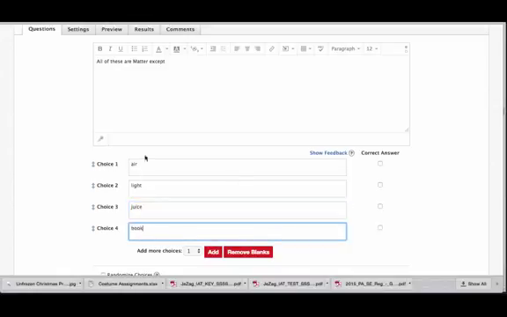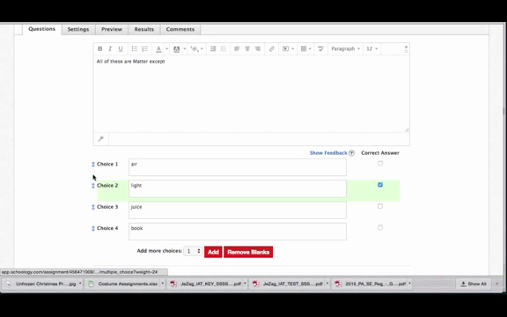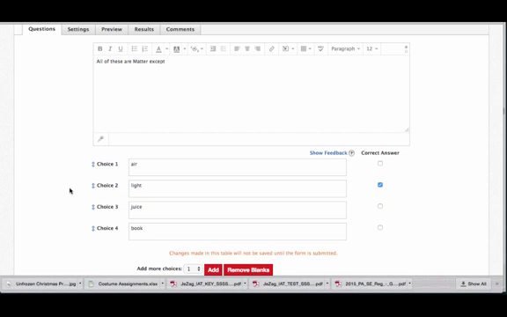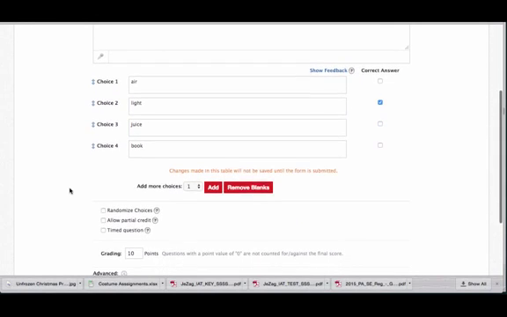Okay, so I have my different choices. I can even add more choices here if I want. I can remove choices if you only want 3. So my correct answer would be choice 2. I can rearrange my choices too, but the one thing with multiple choice down here in our settings, we can